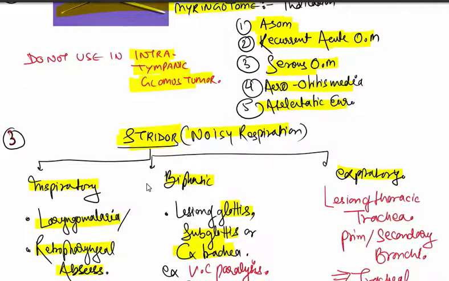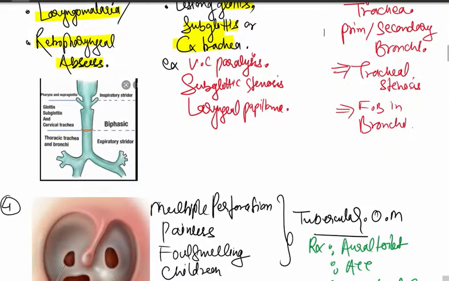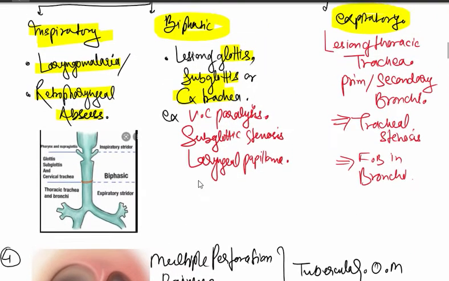Next point is stridor. Stridor means noisy respiration. It can be inspiratory, it can be biphasic, and it can be expiratory. So what kind of stridor it will be depends on the location of the lesion. If it is inspiratory,